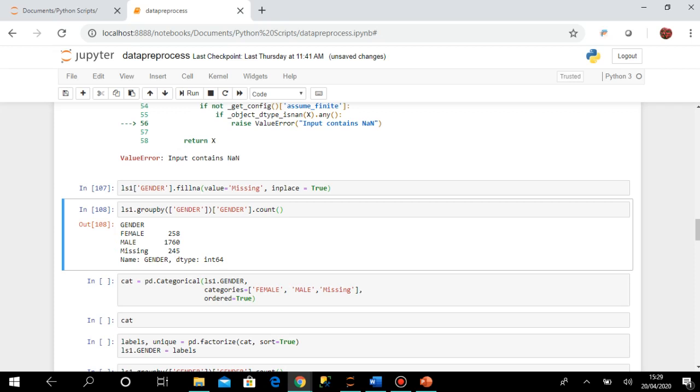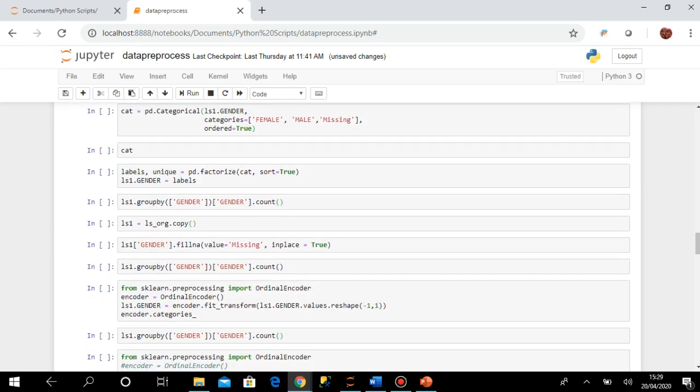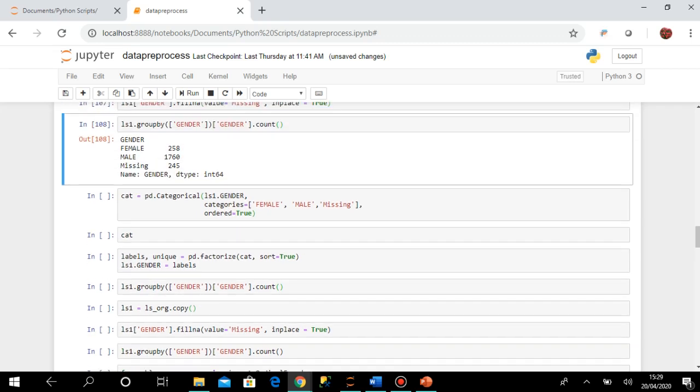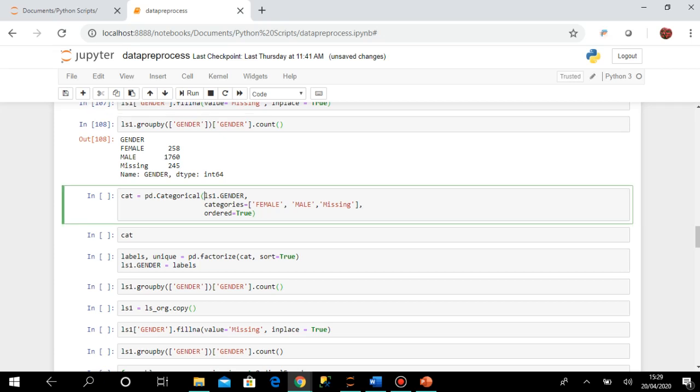Before going to sklearn, I will show you that there is some way in pandas as well where I can do this conversion, equivalent to ordinal encoding. Here I am calling pd.Categorical, and in this function I am sending the gender column, the categories female, male, missing, and then ordered equal to true.